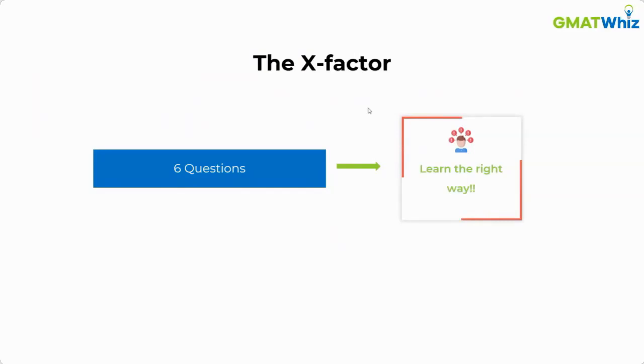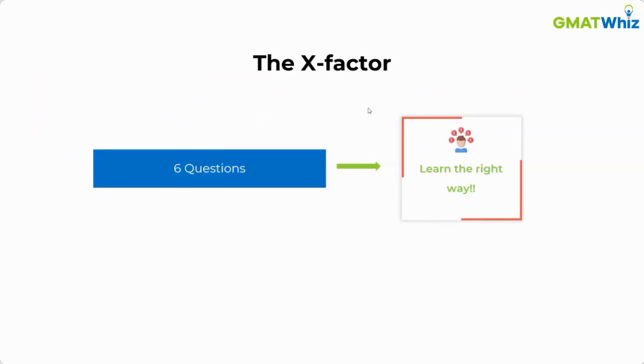The process is going to remain the same as it has been for the last few webinars. I'll give you a question. I'll give you the option of solving it on your own. Now, keep in mind that for the questions that I'm taking, there could be other ways to solve them. I want to put that disclaimer now. There could be a way where it could be solved without taking a variable, but I would be showing those questions today by using variables only. So don't come up and say, hey, this can be solved without a variable, why are we taking it? I would request you not to do that. I'm quite aware that there might be other ways of doing it too.